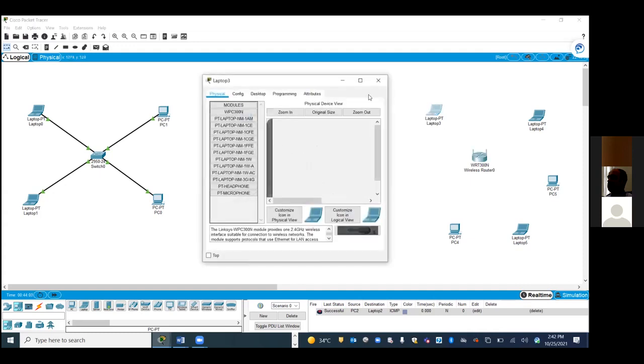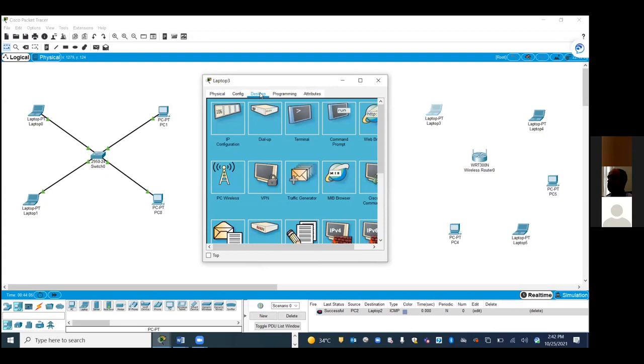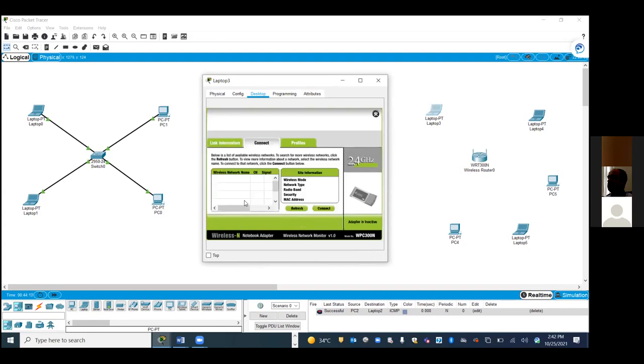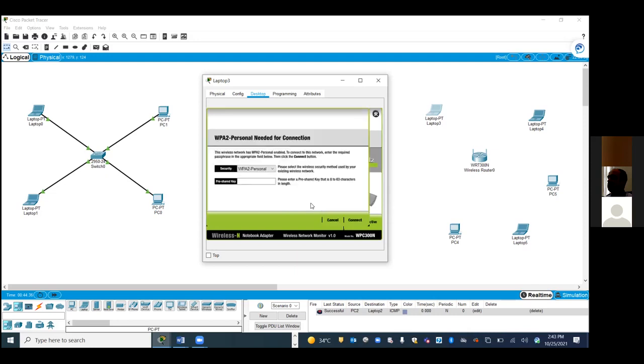So now you go to the laptop. Go to desktop. Connect. Just keep refreshing. Then you connect with the password.